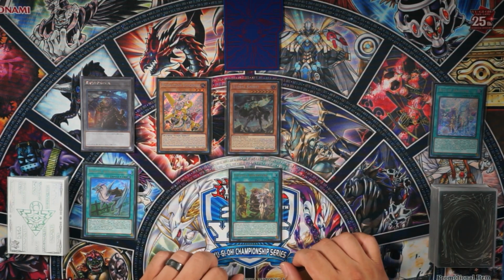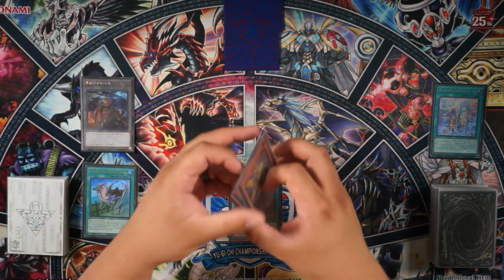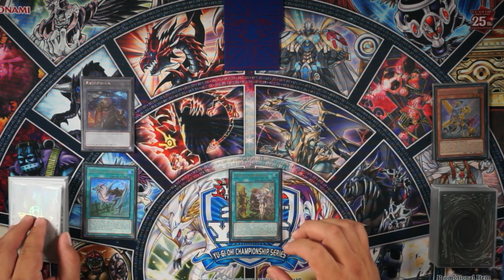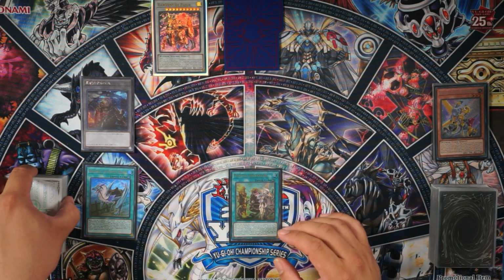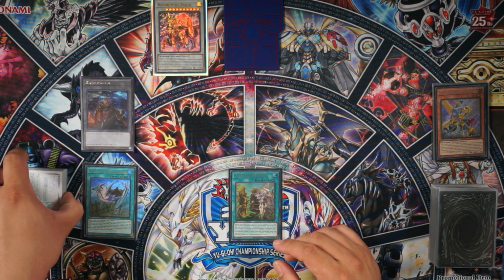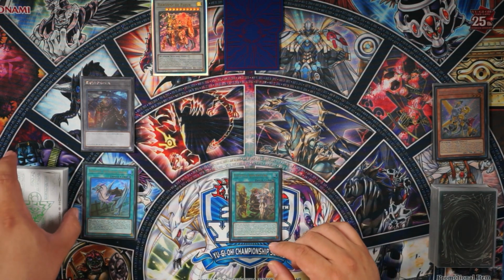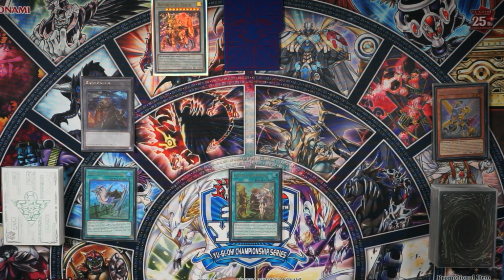Now we have a level 3 tuner and a level 7 Illegal Knight. And we're going to Synchro into Baron de Fleur. Now by all means you can go into Wandering Griffin Rider, but I like the Illegal Knight way, for some reason, way better. So now that we have Baron de Fleur, we're going to go into our Junk Speeder play